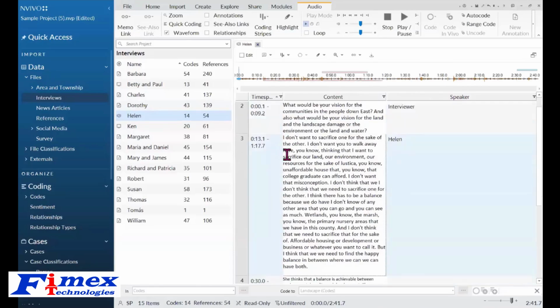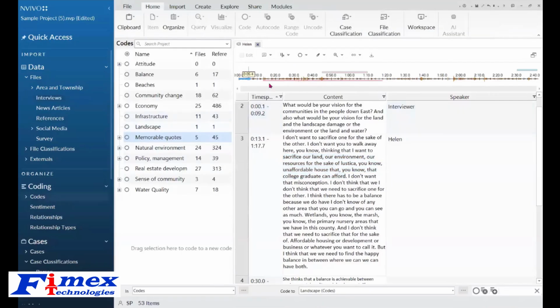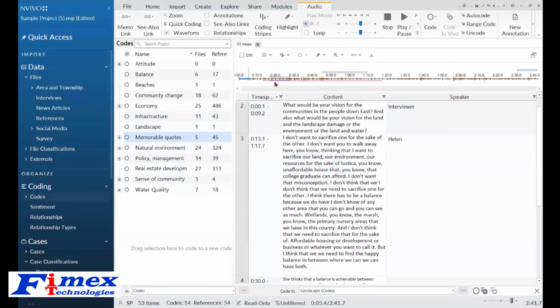And then I can easily start coding right on it. I can follow along here. You can listen to it. So I could actually code the audio too if I wanted to, so I'll just do that for fun. I can take parts of the audio. I have this little blue box there, and I'll put that in the landscape, which I just did, and I'll